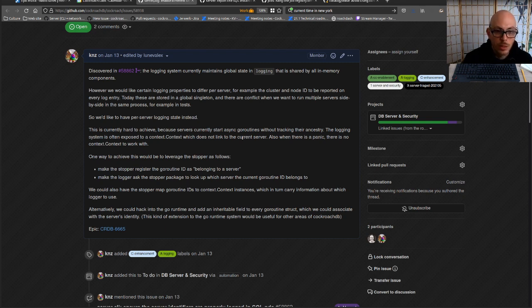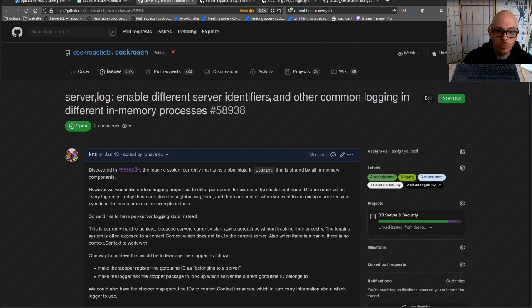So what we're working on today is related to the reporting of server identifiers in the outputs on traces, in log files and other places after a server starts up. In a nutshell, we want the artifacts produced by a CockroachDB server to contain the identity of the server that is creating those artifacts. The reason why we want this is because in our tests and multiple other subsystems, we want to connect